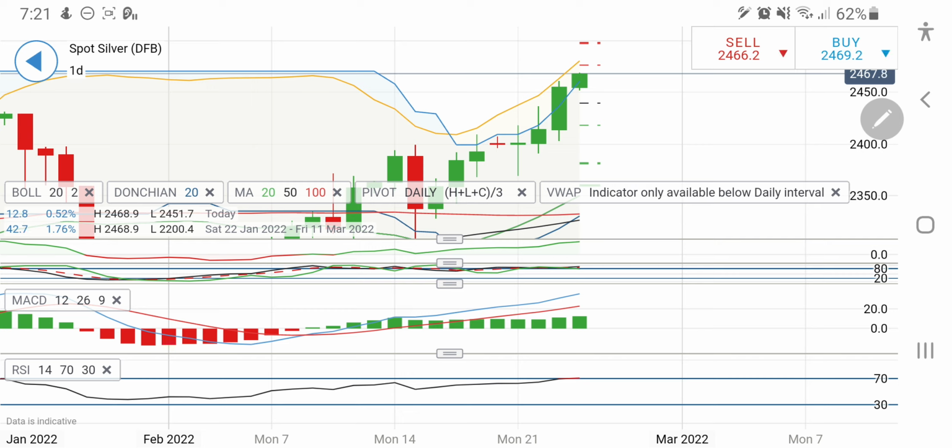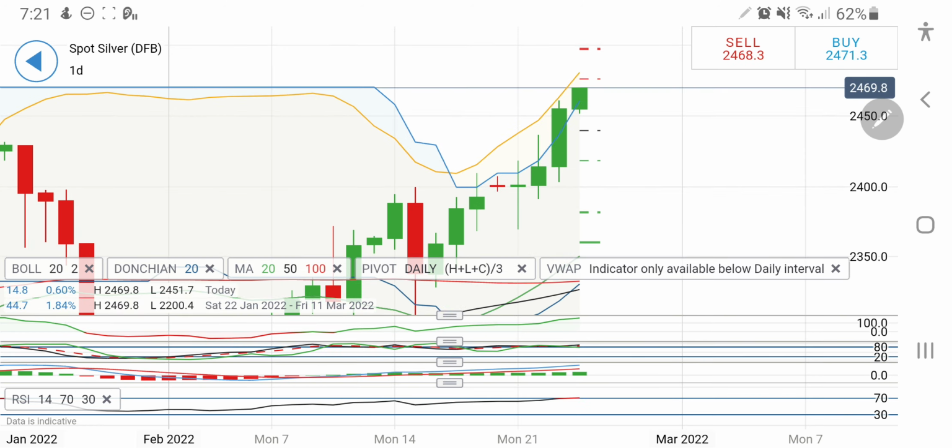Now most of the markets, the indices and the equities markets, are trading at the bottom, and the metals are trading at a high. In fact, crude oil and natural gas are also trading at a high, but it can sustain these levels. When there was a bull run in equities, it sustained this. Now let's see, we'll come back to the markets, but talking about silver, with the support at 2450,